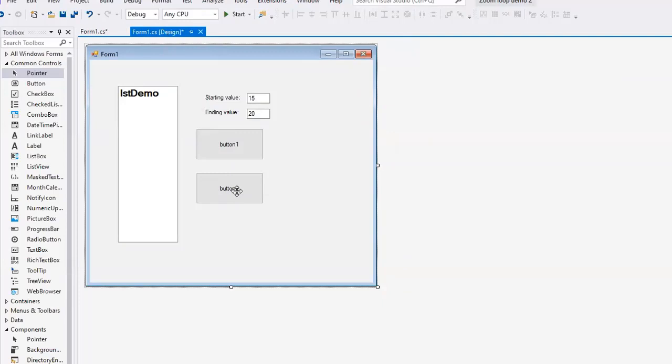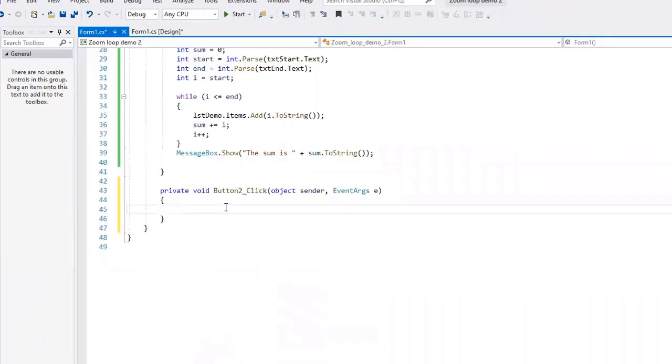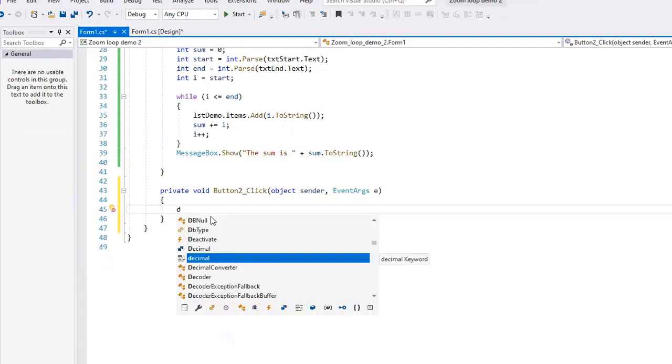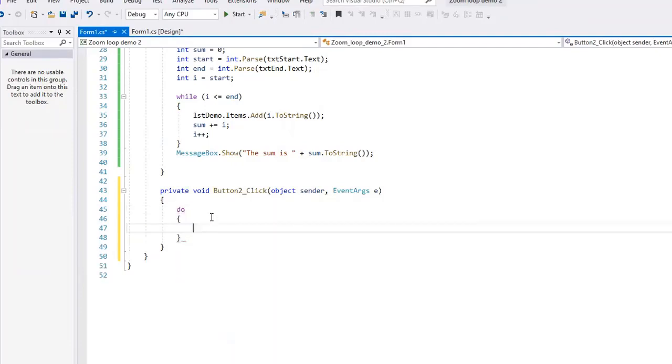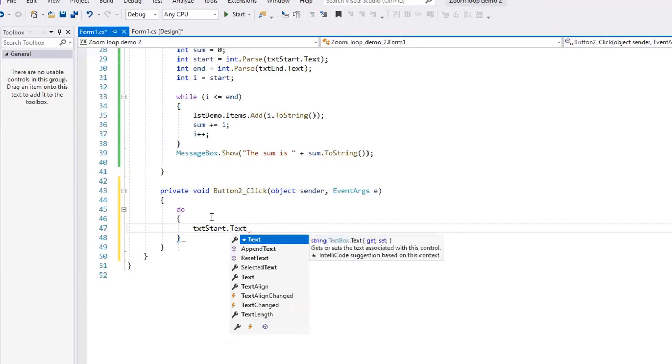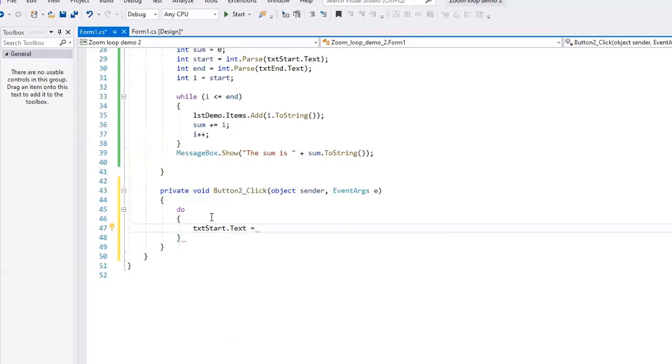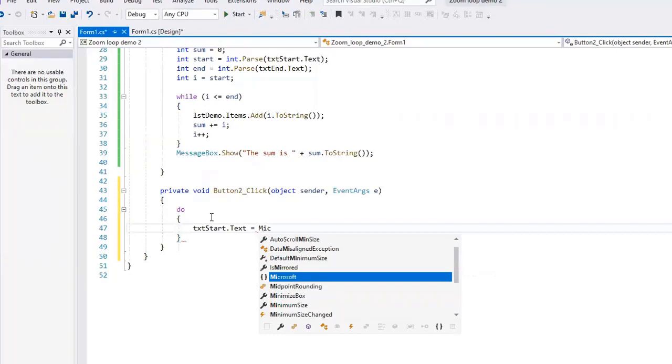Come back to my design screen. I'm going to double click on this button. And we're going to use a do while loop here. So I'm going to say do, and I'm going to have them enter a value. So we're going to say txt start.text, and you're going to pretend that this is a label. txt start.text equals, and here I'm going to use